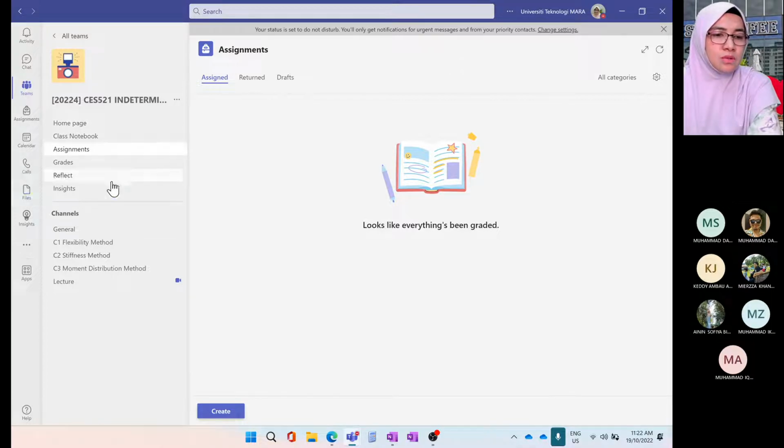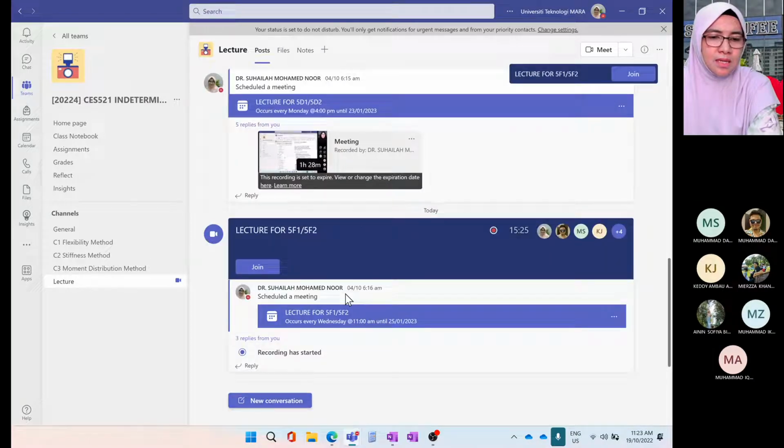Okay, so I welcome you to participate in all conversation dalam team. That is very important sebab saya nak tengok your understanding apa semua. Kalau nak tanya soalan, just tanya dalam ni. Jangan segan. So kita try untuk fully utilize Microsoft Teams even though kita dah sama-sama ada kat dalam campus. Okay, so lecture kat sini.